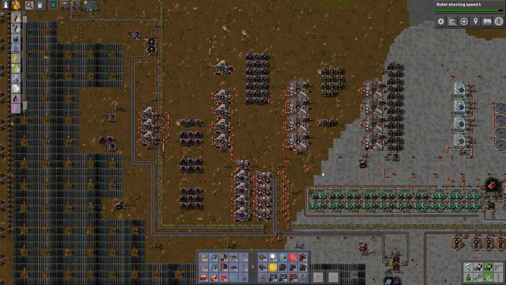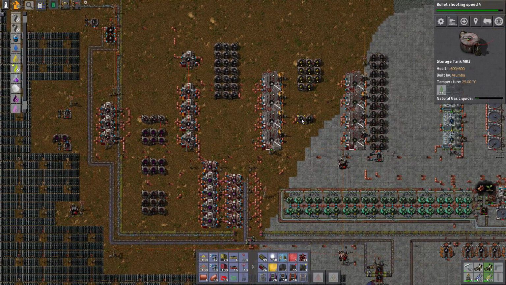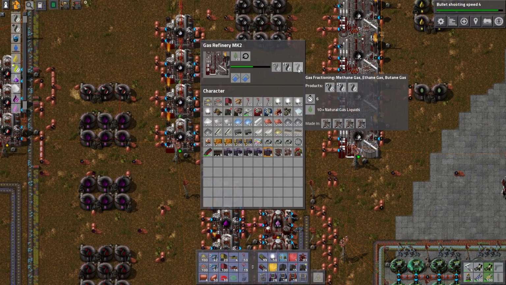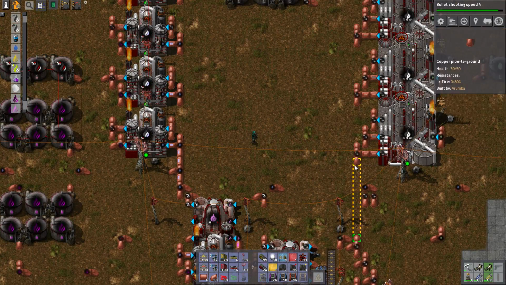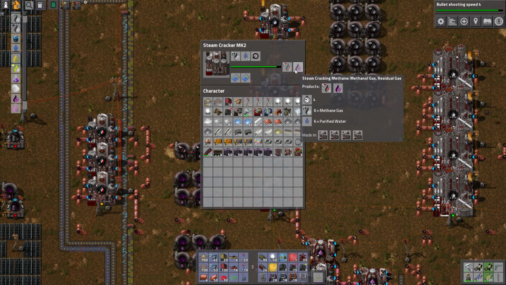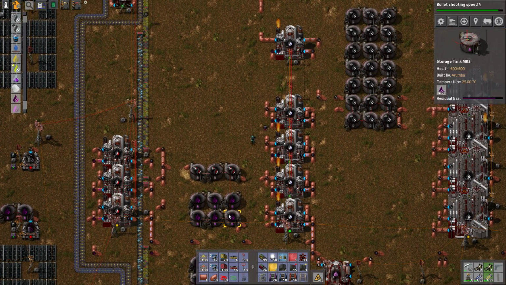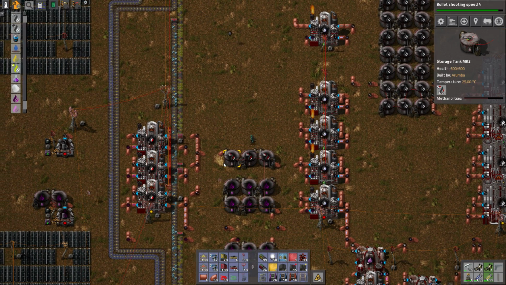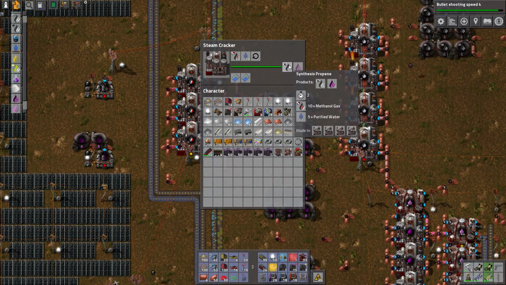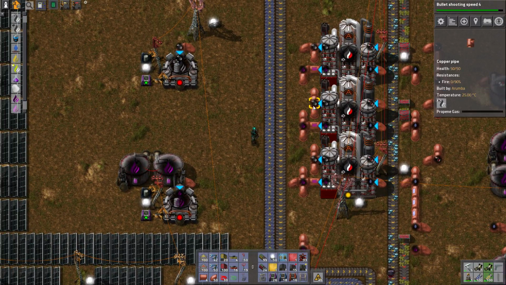So, let me get this straight. We're taking fluids of some kind, turning them into other types of fluids, which are then turning into methane, ethane, butane, which we're then turning into methanol and residual. The methanol ends up getting used here sometimes to make the synthesis propene. The propene